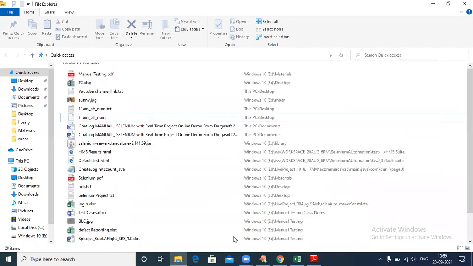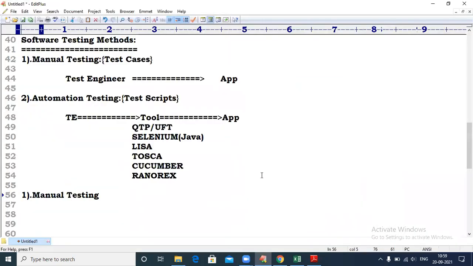So first, what I was telling you is manual testing. Without manual testing, there is no interview. So it is compulsory, every person needs manual testing.